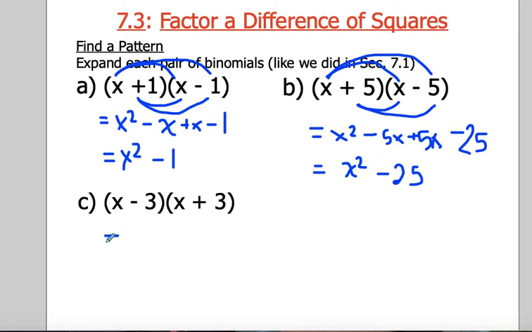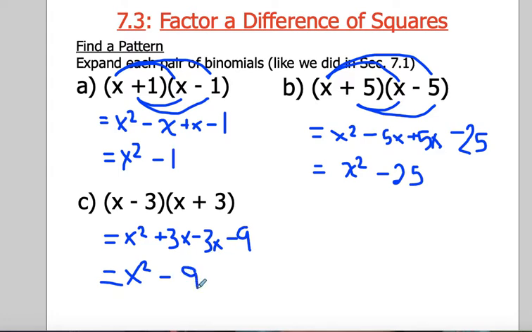And lastly, we're going to distribute again. So x times x is x squared. X times positive 3 is positive 3x. Negative 3 times x is negative 3x. And negative 3 times positive 3 is negative 9. So simplifying that by collecting like terms, x squared, positive 3x minus 3x is equal to 0, and then we